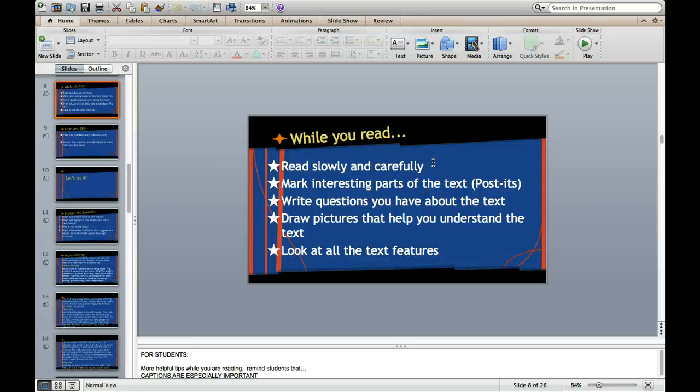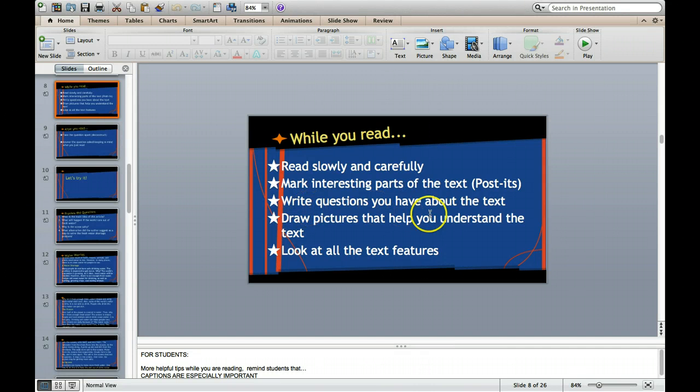All right, what I do sometimes is I take a pen and I follow each word and just make sure that I'm reading every single word and I don't miss anything. Okay, so read slowly and carefully. You want to mark parts of the text that you think are important. So if you're reading about snowmen and one of the questions is obviously going to be what's the main idea, or if one of the questions is about how fast they melt and you come across a part in the text that talks about melting, put an asterisk or a star there or underline that part so it's easy for you to go back and find the correct answer.